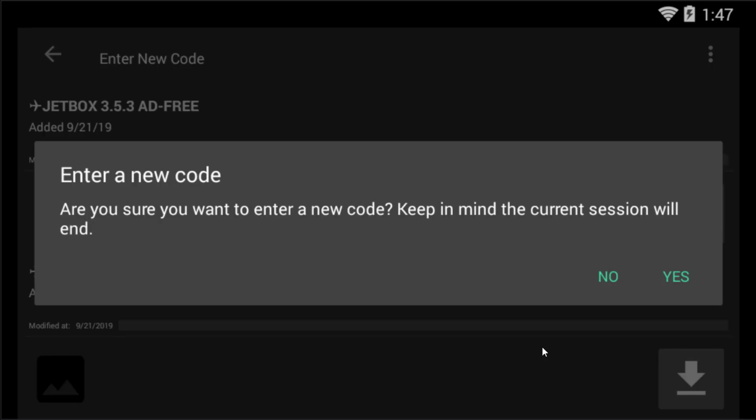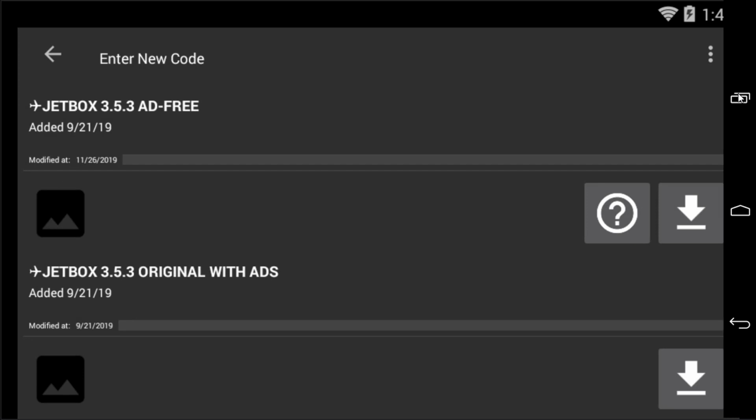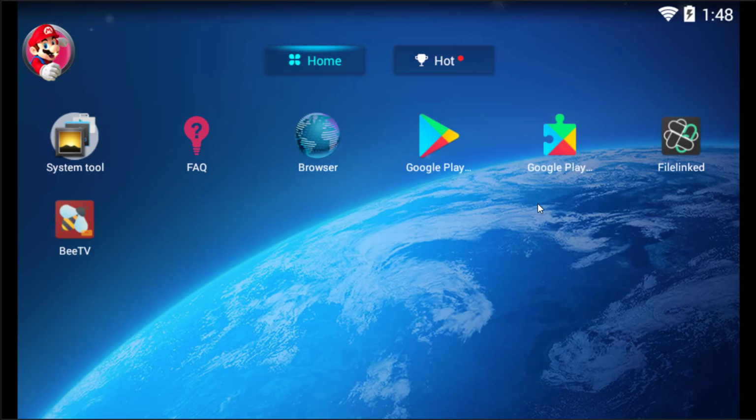Let me show you how this BTV application has been installed. I'm just closing this FileLink. So now I'm going to the menu of my KO Player Android emulator. Here you can see this application has been downloaded and installed from this FileLink store. So this was all about my video. In this way you will be able to access all of your favorite Android applications on your Windows by using Play